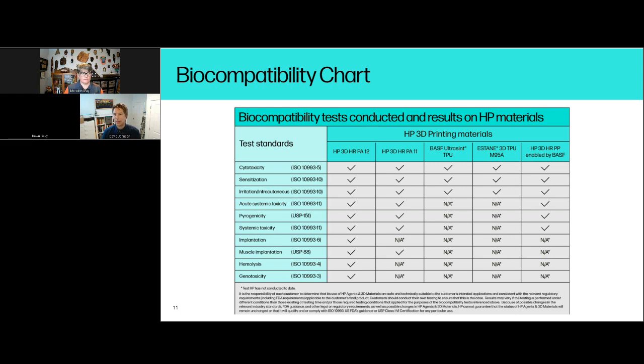To Meredith's point, this is not the final end result of the product. These are samples right off the printer. There are a lot of things that can interact with the part if you do any post-processing or surface finishing techniques. Even media blasting can make a part that's biocompatible no longer valid. So Meredith, with taking the approach on the FDA side, but also leveraging this, what is something that would be